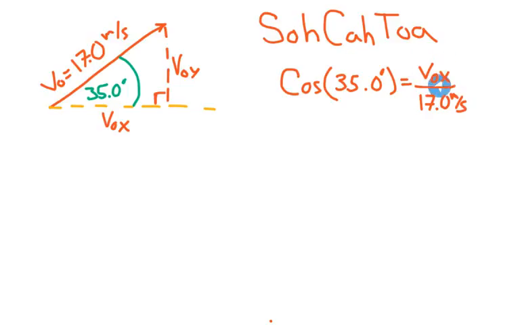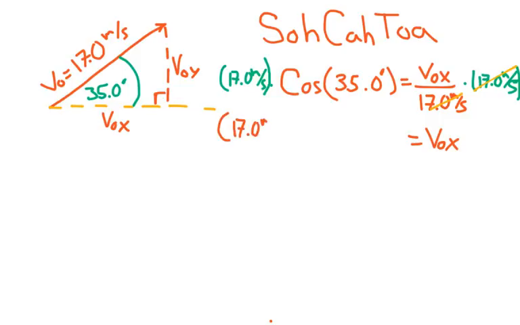To solve for the x component of the initial velocity, I just multiply both sides by 17.0 meters per second. Put that in parentheses. Now on the right-hand side, I've got 17.0 over 17.0, so those cancel out, as do my units. So all that's left on the right-hand side is just V naught x. And on the left-hand side, I have 17.0 meters per second times cosine of 35 degrees. Typing this into our calculator, we get approximately